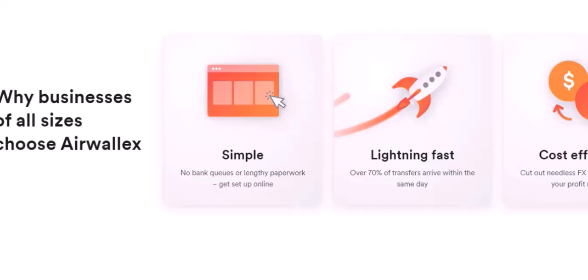While credit cards offer the benefit of delayed payments and potential rewards, debit cards provide the advantage of staying within your budget and avoiding debt. Airwallex focuses on empowering businesses to manage their cash flow effectively, which aligns perfectly with the debit card model. In essence, Airwallex's card is a vital tool for businesses seeking to streamline their international financial operations. It offers the convenience of a debit card with the flexibility of a multi-currency account, all within a secure and user-friendly platform. It's designed to make global transactions as